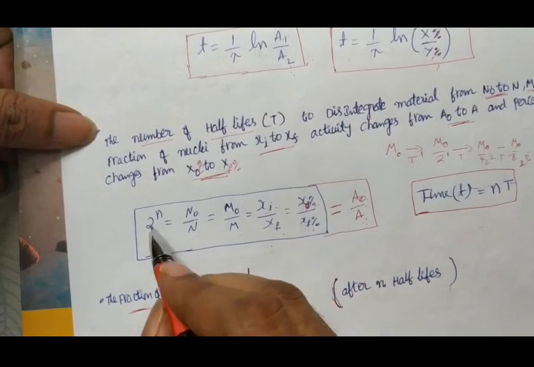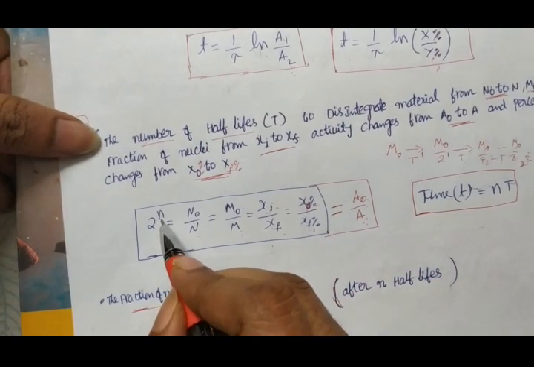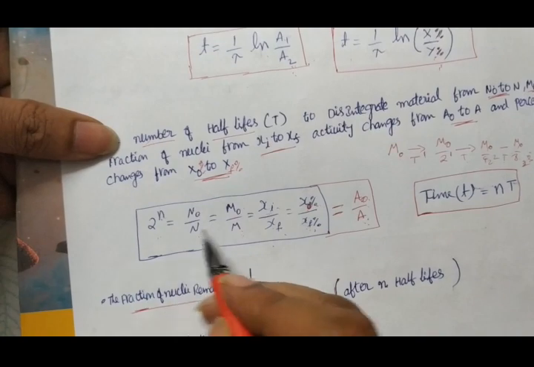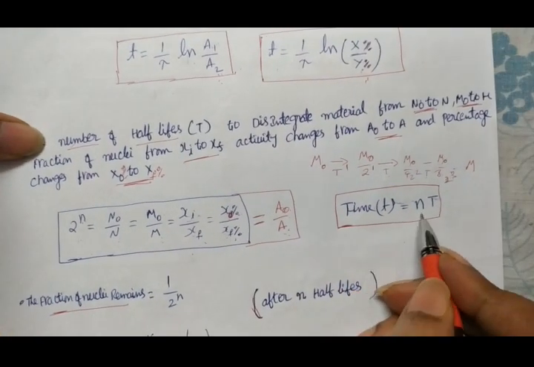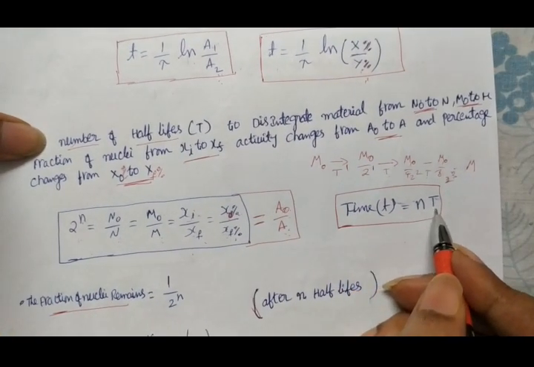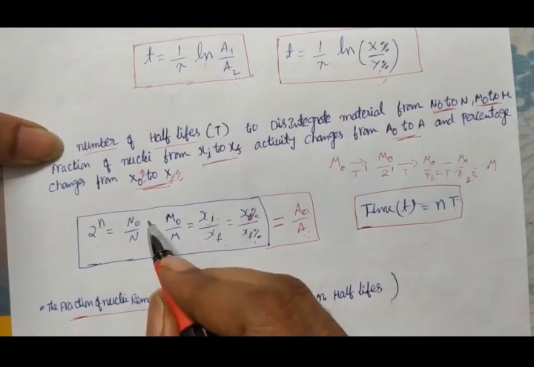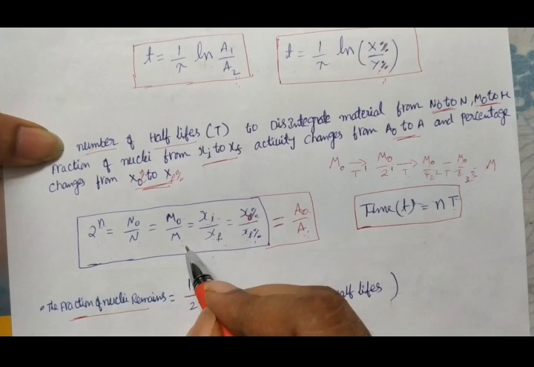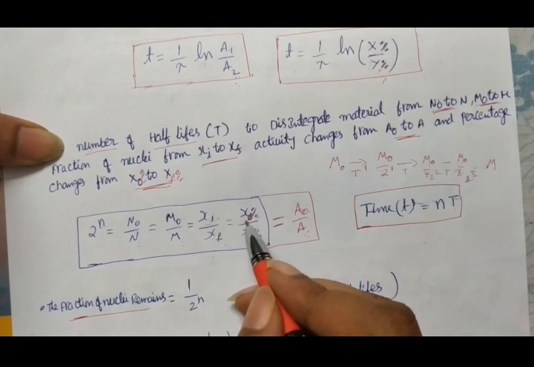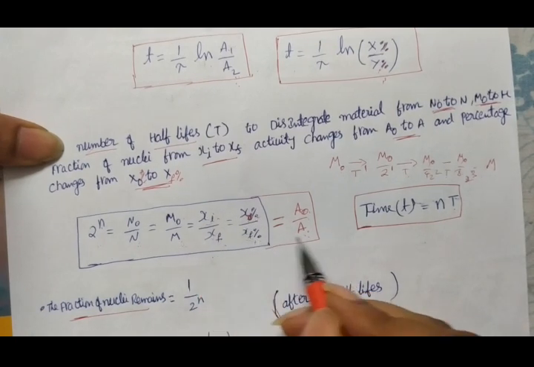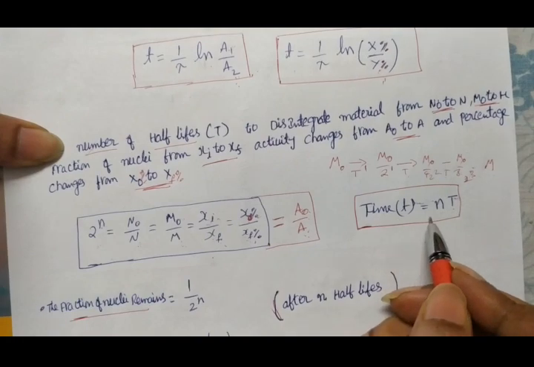From this, what do you say? After n half-lives are over, what is the total time now? Total time is n half-lives. So each half-life, how much time is there? Capital T. So after how much time does that material become N naught to N, M naught to M, or X initial to X final, X initial percentage to X final percentage, after how much time it happened, like this